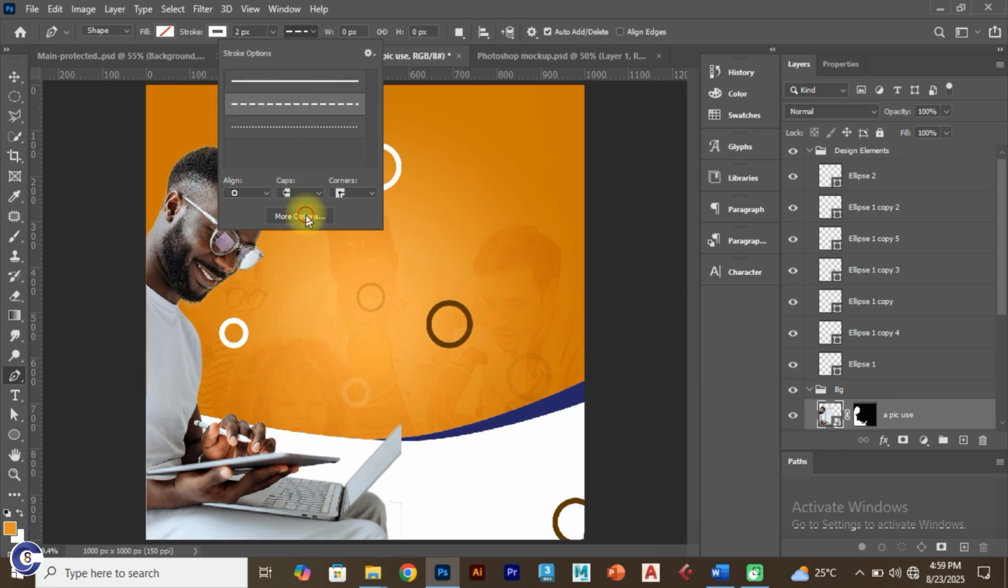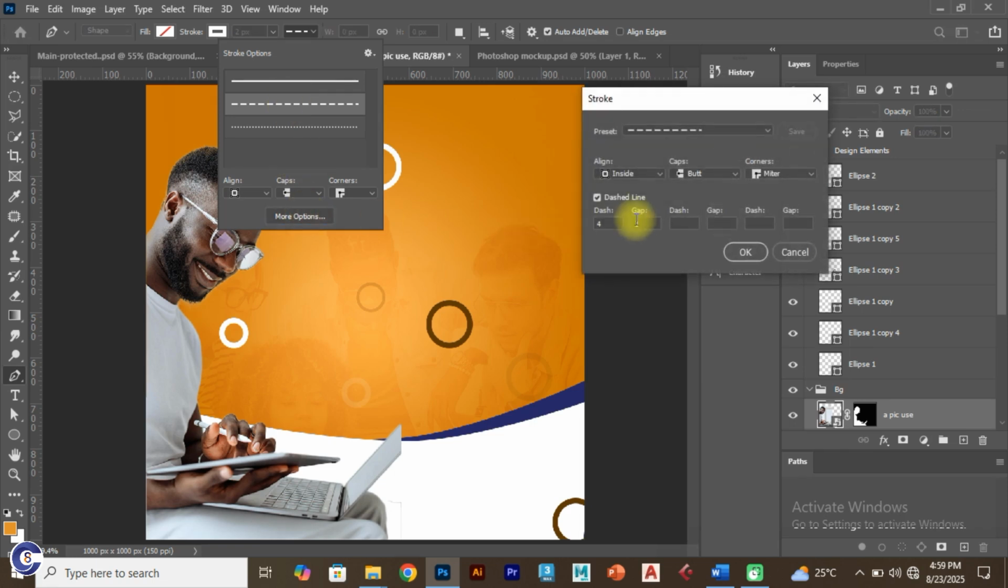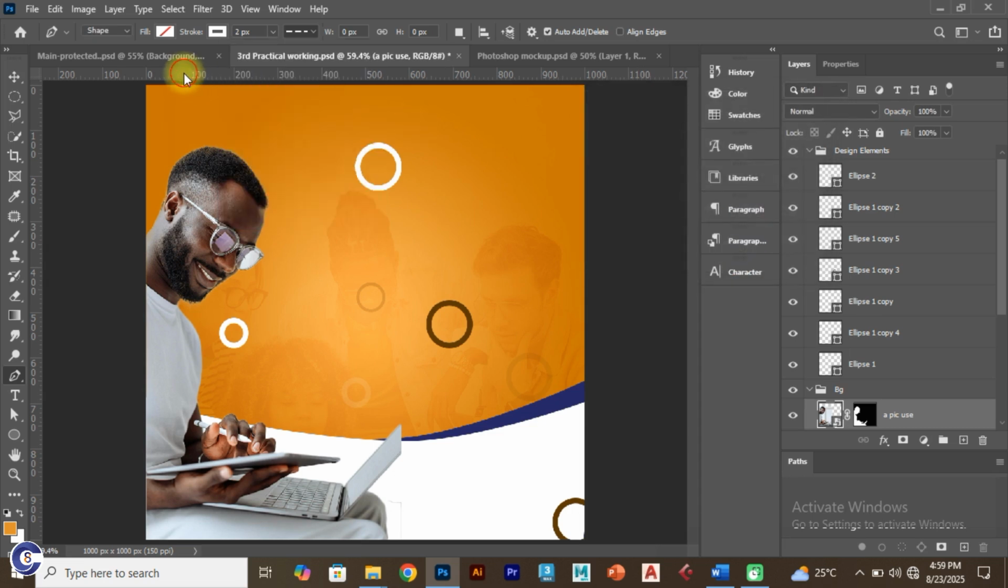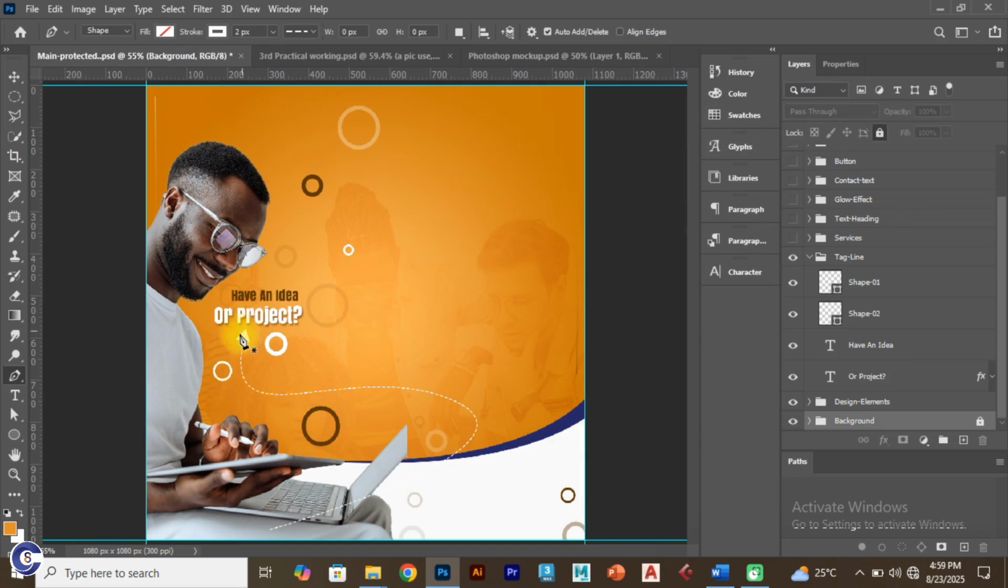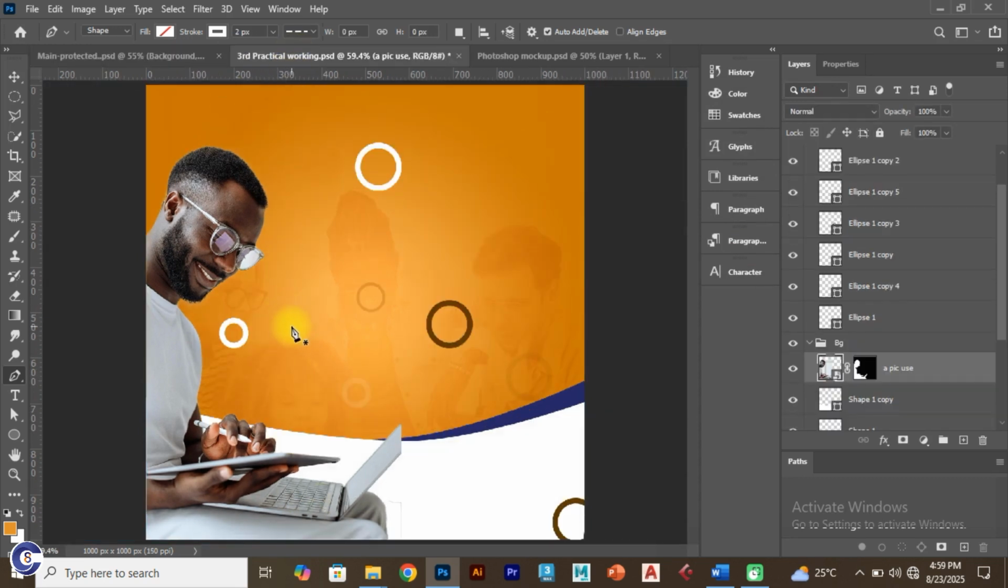Then sometimes you may go into options, make sure your dash is 4, your gap is 2. I think we are good to go. Then click OK, and let's draw now. If you observe the shape, it moves like this, and like this. So we just click this point, we'll drag, we'll click this point, we'll drag again,